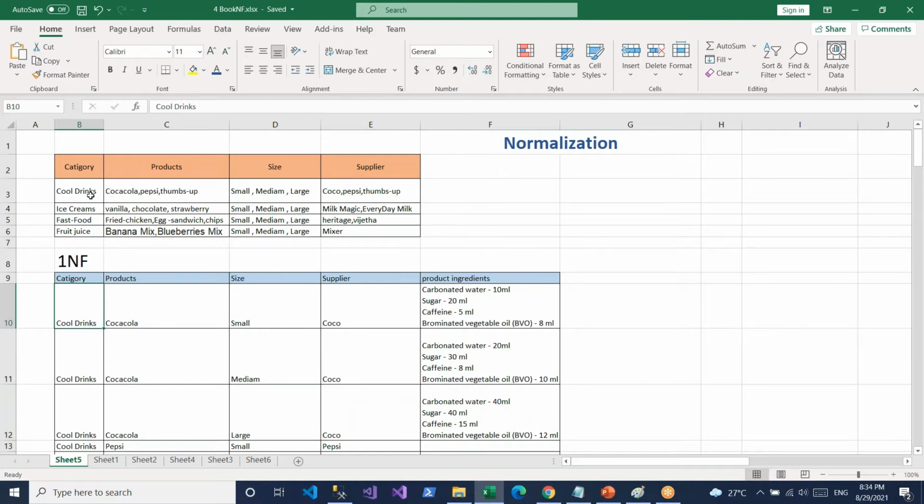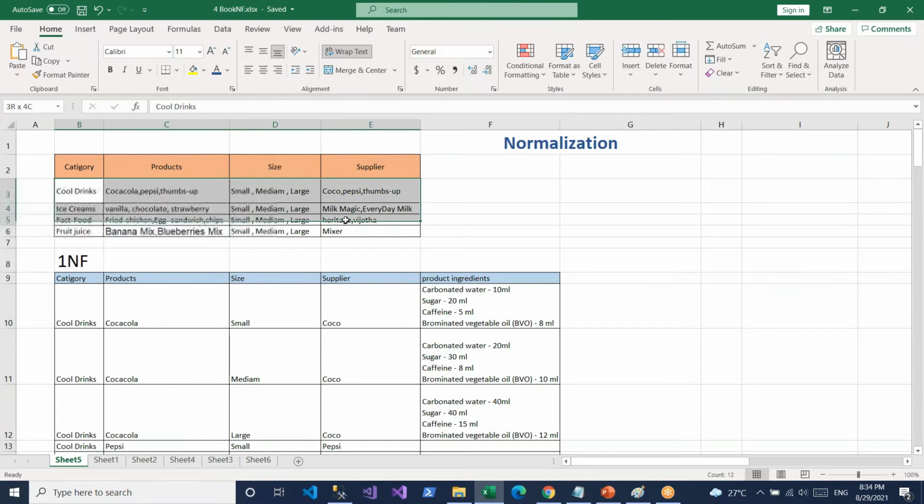So we make them unique values, each cell. I took this cell value, cool drinks. In cool drinks we have different items: Coca-Cola, Pepsi, Thumbs Up. For Coca-Cola, I have 3 different sizes: small, medium, large, plus the type and the product ingredients used.